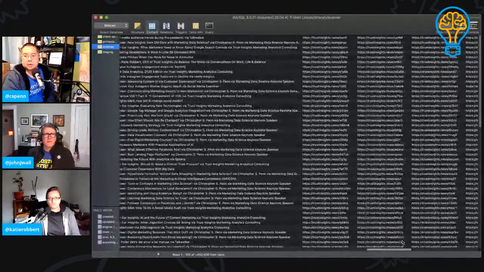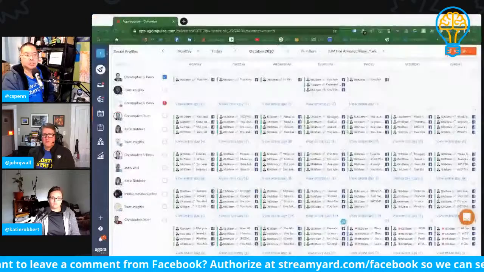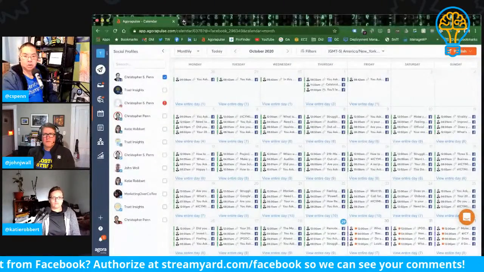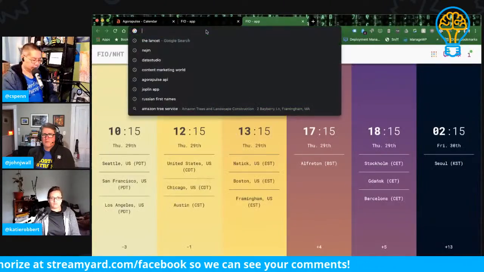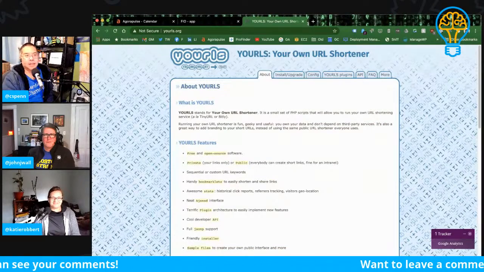But in doing this, one of the things is that we use our own link shortener. And there's a huge reason for doing that, which has to do with your personal brand. If you're using a link shortener that can talk to Google Analytics, you can get a better sense of what are the things that people interact with that you're sharing that provides value to your audience. Hey, share more of this stuff, or hey, share less of this stuff because this isn't the thing. The service that we use for that is a free open source tool. It is called Yourls. It's a silly name.